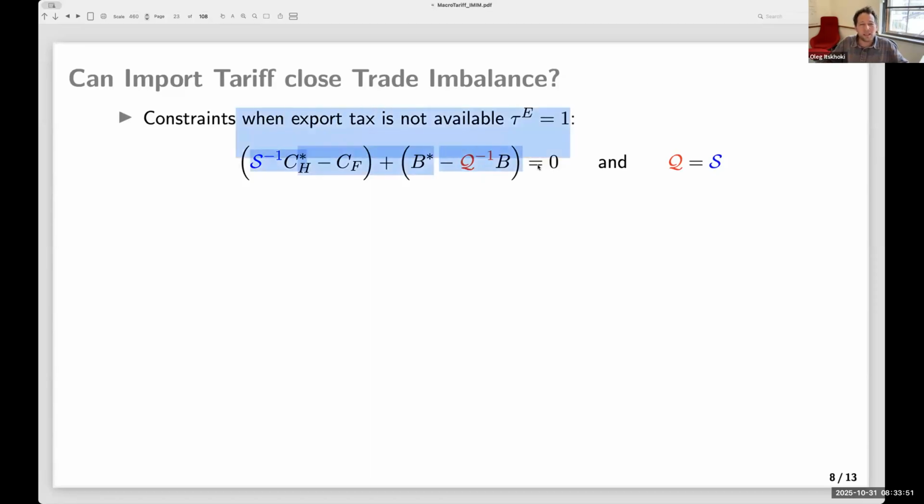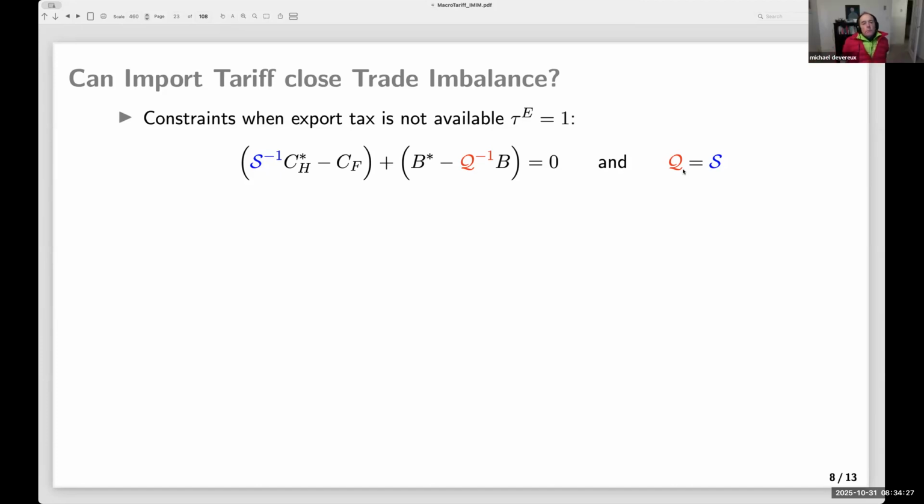Then this is the implementability condition now for the planner with this constraint. So when you rule out export taxes, it turns out that you would be moving terms of trade and real exchange rate in the same direction. So improving terms of trade would mean that you appreciate in the real exchange rate. And it turns out by the same magnitude. The terms of trade and the producer price real exchange rate will be moving proportionately. And this is a constraint on the planner because, of course, the planner wants improved terms of trade as before, but it wants to depreciate the exchange rate, not appreciate the exchange rate, right?